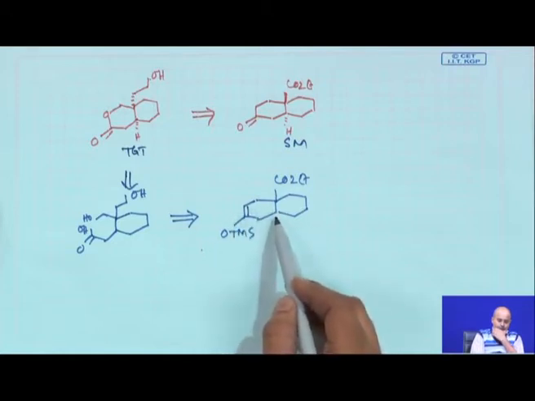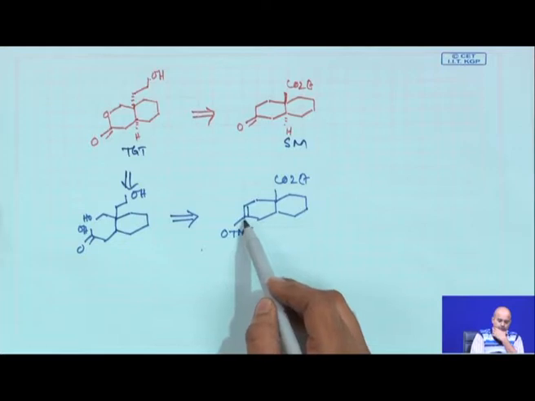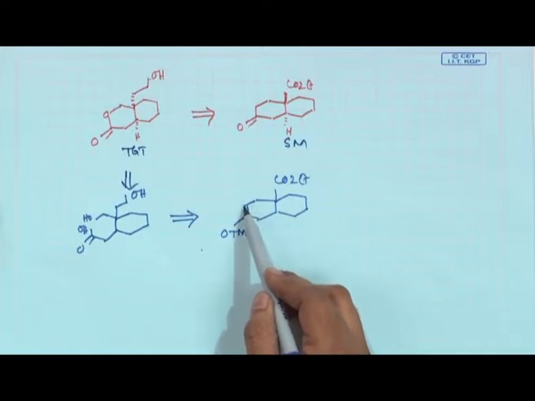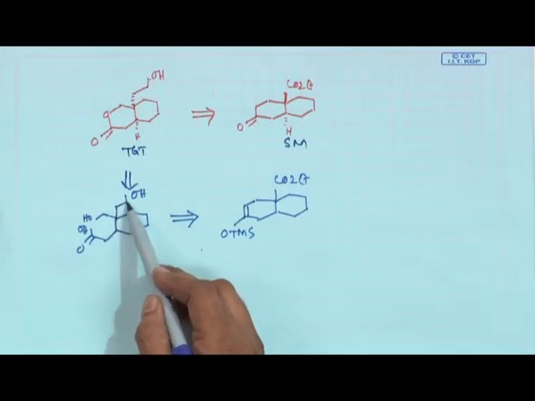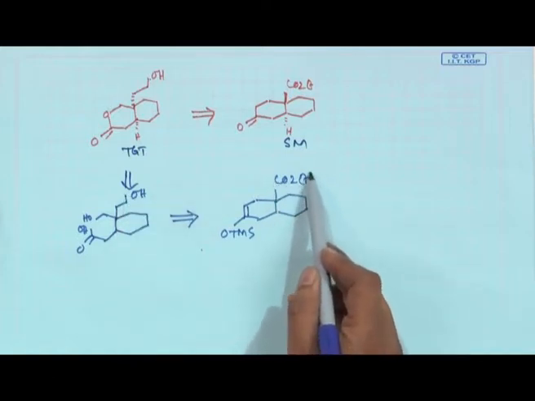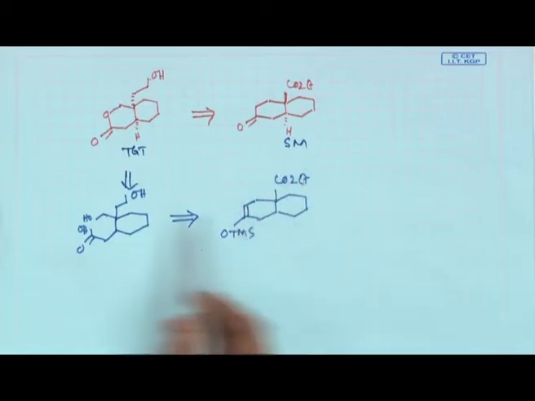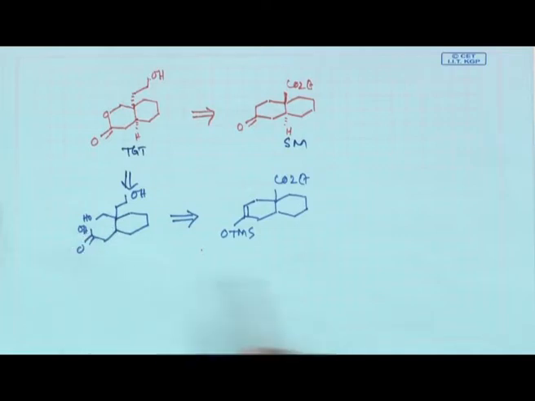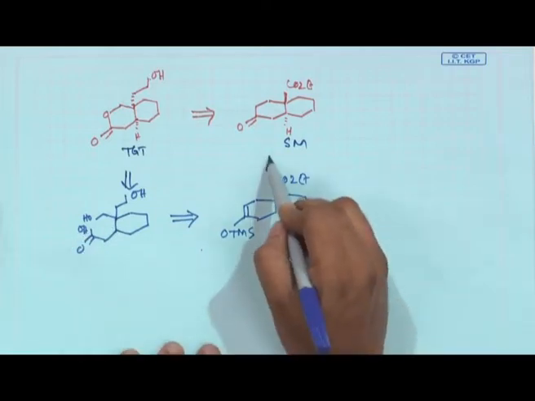So, what will ozonolysis give you? It gives you CH2 C double bond to OTMS or a carboxylic acid, and this part is CH2 CHO, which you can reduce to give you the corresponding alcohol as it is here. Now, this CO2, if you can somehow convert it to CH2OH, this may do the ring closing. So, it was basically formulated in this way.